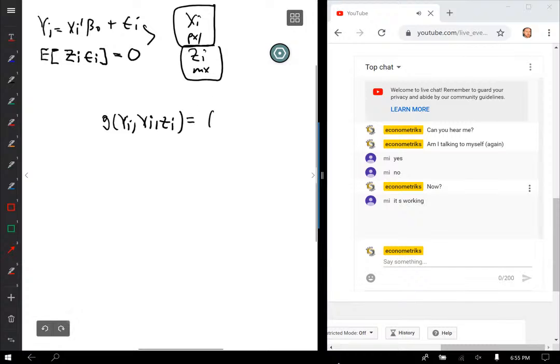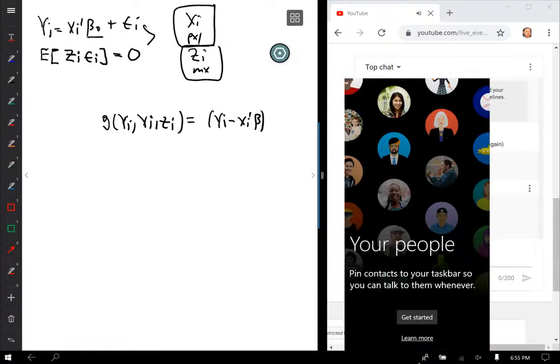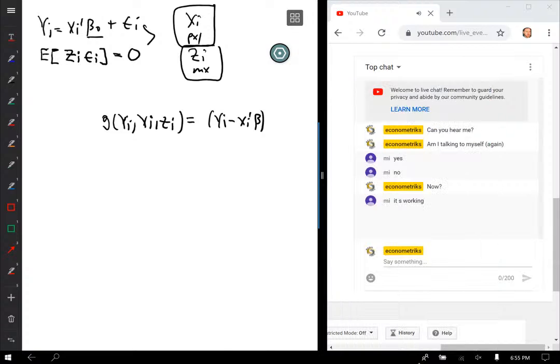Well, it's y minus xi dash beta. Again, b naught is some fixed true parameter, and beta is the thing we're solving for. Times zi. So all we're doing is replicating this and solving for all betas which are consistent with these two restrictions. This is our restricted model that we're going to look at and see how many solutions there